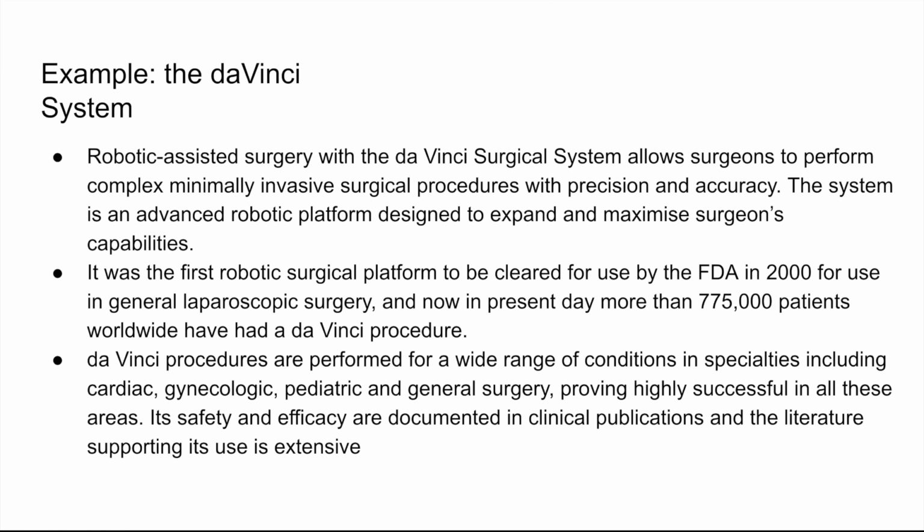Robotic-assisted surgery with the Da Vinci surgical system gives a surgeon an advanced set of instruments to use in performing minimally invasive surgery with high precision and accuracy. This system is a robotic platform designed to expand the capabilities of a surgeon's eyes or hands. The procedure works by a surgeon sitting at the Da Vinci system console. The Da Vinci Vision system then gives 3D views that are magnified 10 times compared to what the human eyes see.